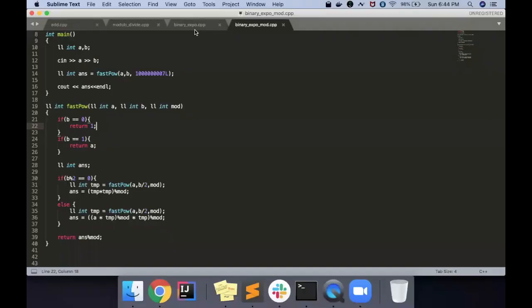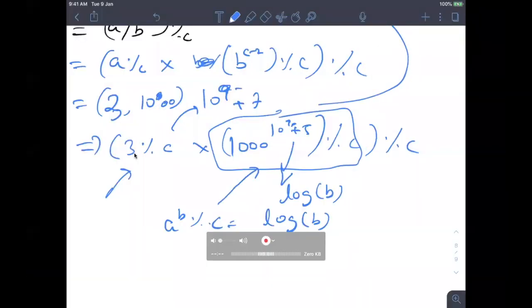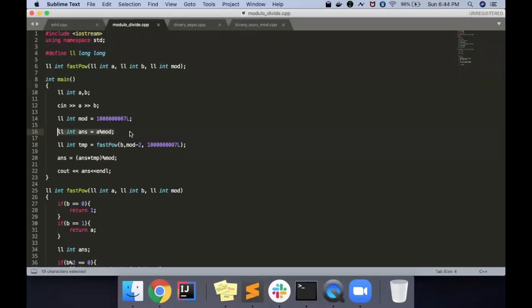So again, I'll show you the code, or you can write it yourself. That's the part. Again, I'm taking A to the power B. What I'm doing is very simple. I'm just reading the code. If you look at the steps, what we are doing is A into B to the power C minus 2 mod C, right? So this is my A. First I did A mod A. Then I have to calculate B to the power C minus 2. So for this term, B to the power C minus 2, I'm just passing the mod, so it is calculating for me. And then simply checking answer into temp. Okay. So this is a simple part.